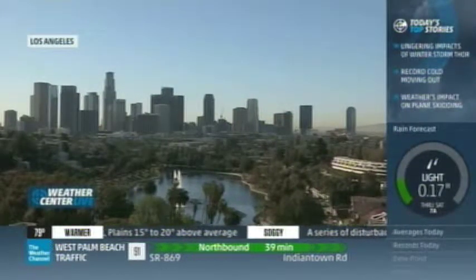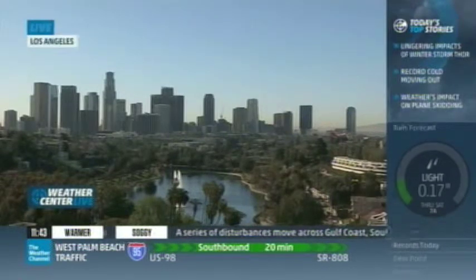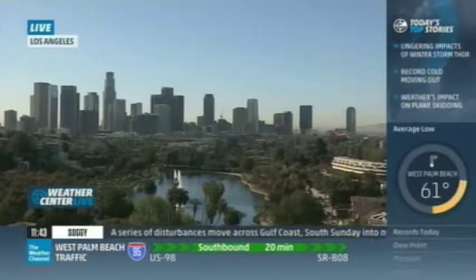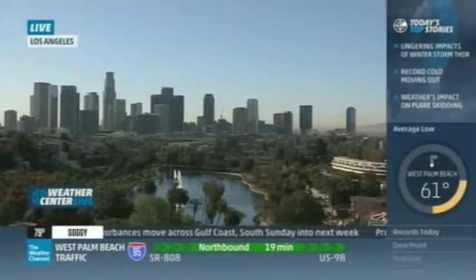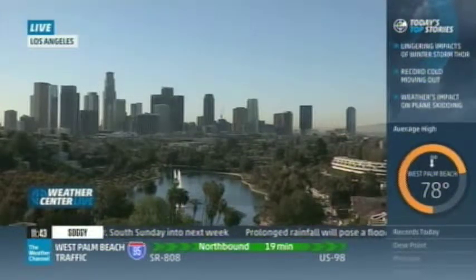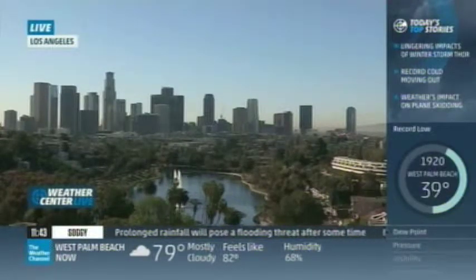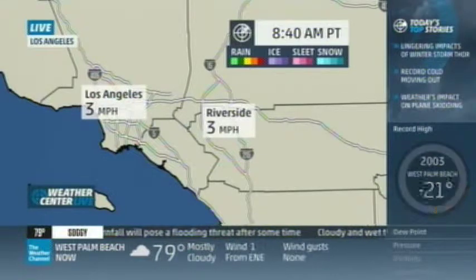Hey, Los Angeles, looking pretty good this morning. They're in the 60s right now, but we've got some Santa Ana winds through today. As a matter of fact, a wind advisory through about 2 o'clock this afternoon, and it's that warm wind that's really going to warm us up into the 80s from Malibu to the Hollywood Hills. So yeah, we do have concern, of course, for fire danger, unfortunately, because it's been oh so dry here in